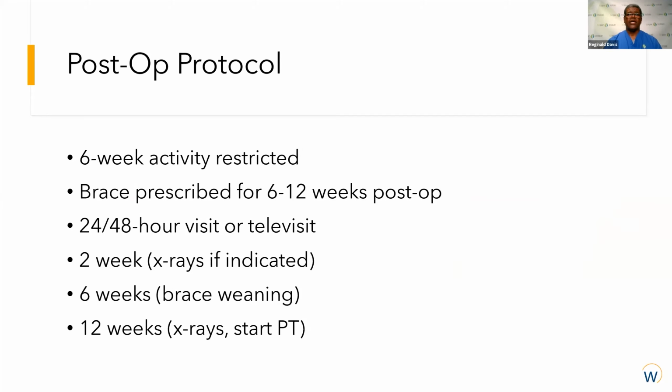The post-op protocol is likewise at the discretion of the surgeon. We all have our own protocols, and here's one such protocol that is not at all unreasonable for this device. 6 weeks of restricted activity. Obviously, the patient will be wearing the brace, advised to try and avoid heavy lifting, bending, twisting. This can be prescribed for 6 weeks or even some 12 weeks in some cases where you feel